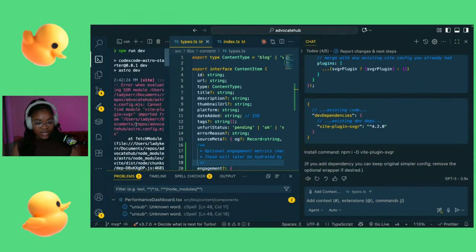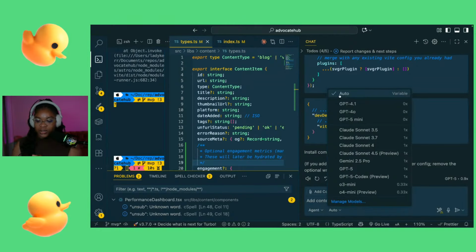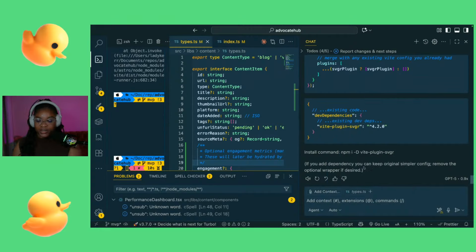I haven't been doing a very good job of making sure that everything stays clean. So I'm just going to go to the main branch, create a new branch, and start afresh. The point of today was to show you the auto model selection feature, which I think is pretty neat.